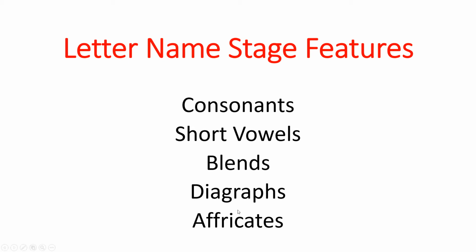The 4th category is a digraph. Now a digraph is 2 consonants that when you put them together, they make a new sound. So a common digraph is SH, sh. When you put an S and an H together, they don't make the sound s-h. That would be a blend. Instead, they make a new sound, sh. In English, we have TH, we have PH, like in the word digraph, makes an f sound, SH, CH, and technically,